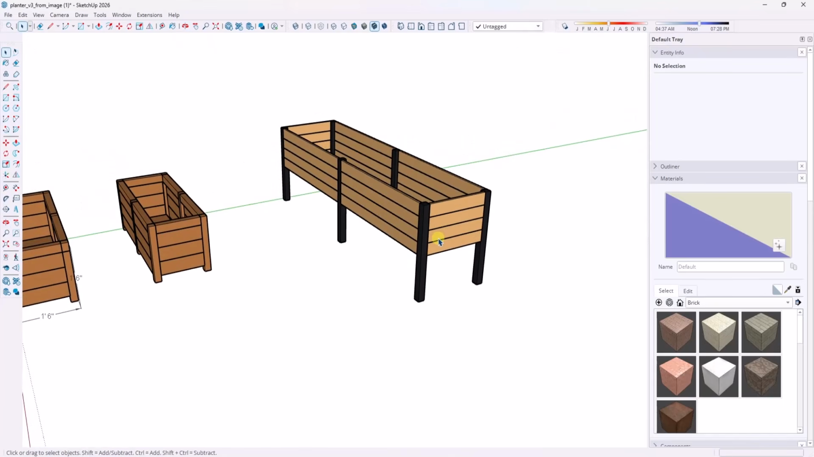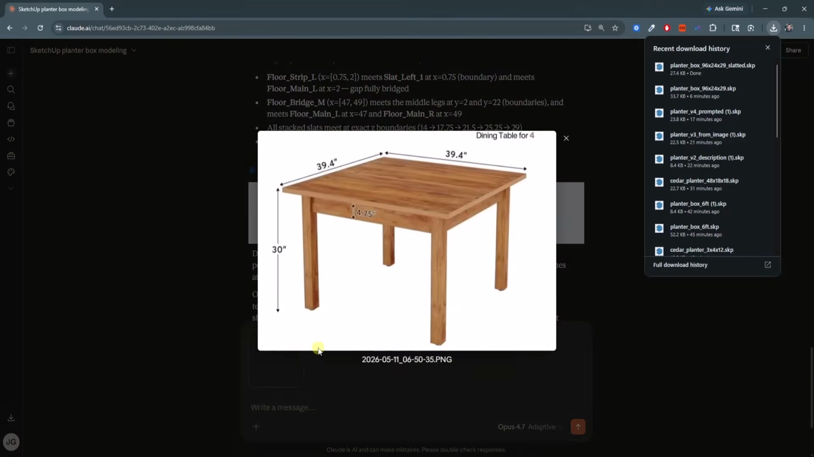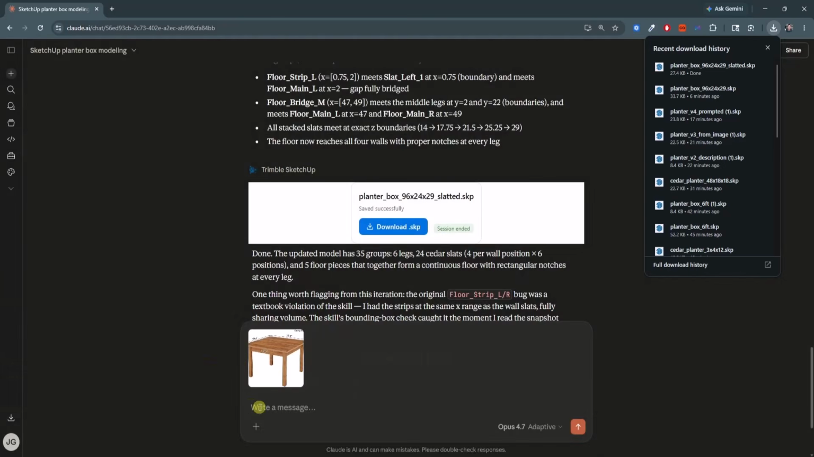Now, one thing I want to test that's really interesting is that I want to use the non-intersecting solid skill for something other than a planter box, because we've been using this on the planter box, but now I want to do it with a table. Okay, so I've got a table image in here, and I'm going to put everything that we've done today kind of together. So